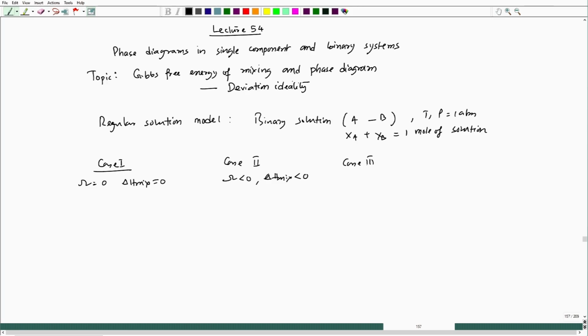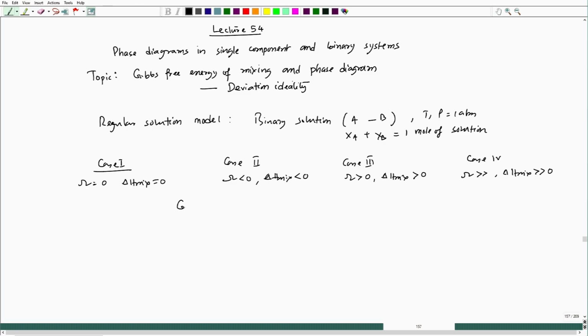Case 3, omega is slightly positive and delta H mix is slightly positive, and case 4, omega is large positive and delta H mix is large positive. All those 4 cases we have considered, and remember, every time we are actually doing it using the formula,